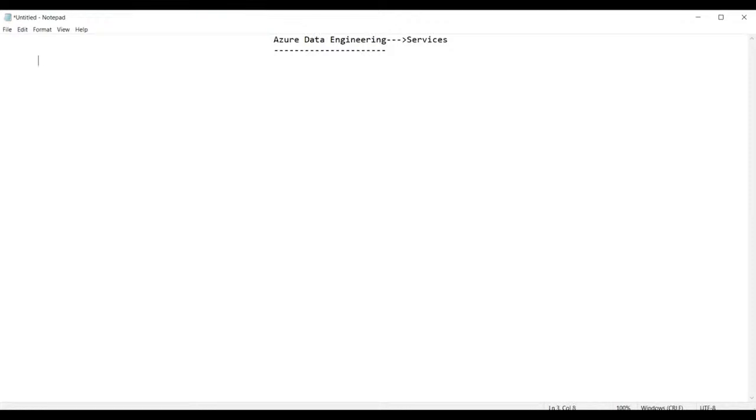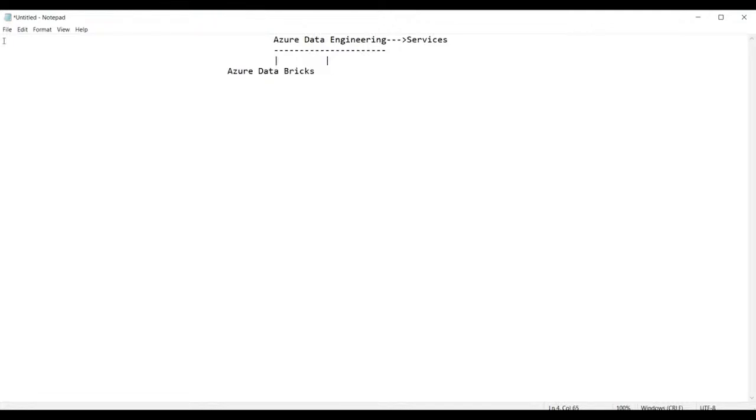Let us see what the first one is. We have the first one here, Azure Databricks. And then we have the next one after this.